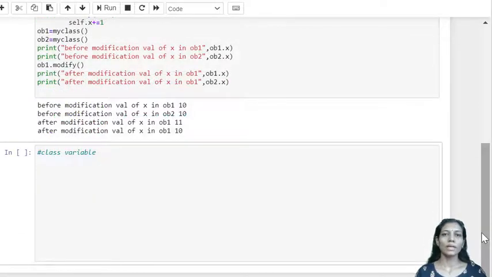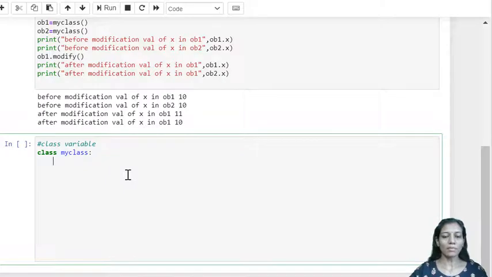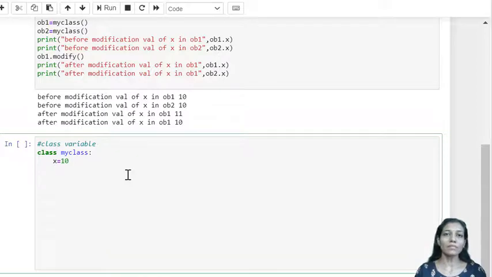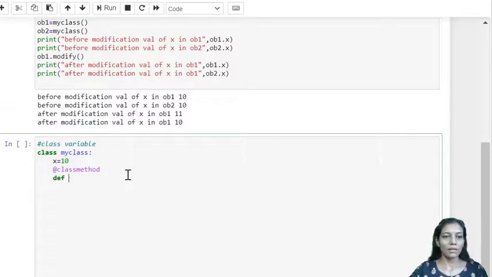Now we'll see how to declare a class variable and how to access it using a class method. So here I'll be using this similar class, and within that class I'm having a variable. Okay, this is a class variable. It is not defined within any method. Now in order to access the class variable I'll be requiring a class method. For that I'll be using the classmethod decorator. Okay, then def modify,